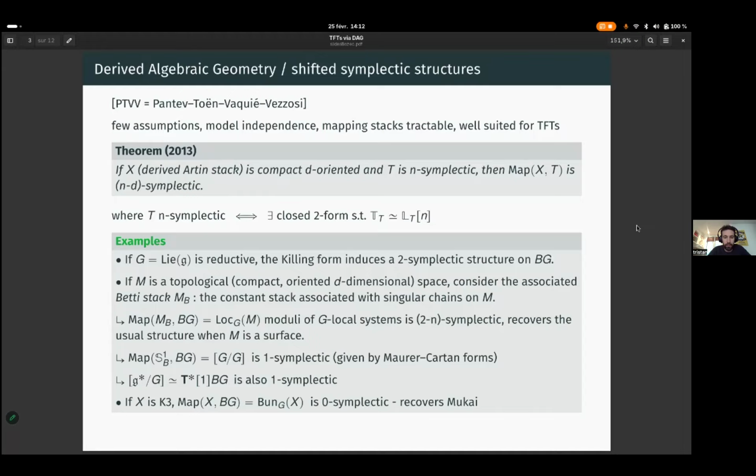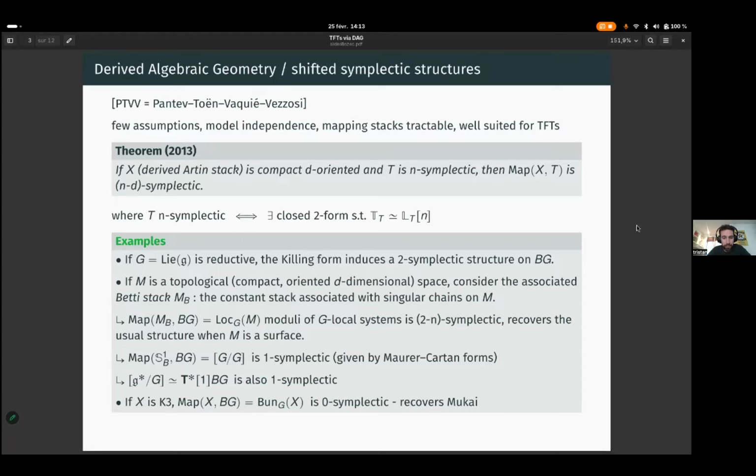The theorem says that from the line above, it gives me a 2 minus n symplectic structure on the local systems, which, of course, makes the theory sound, recovers the usual zero symplectic structures, meaning the standard symplectic structure on G-local systems on a surface. All right,